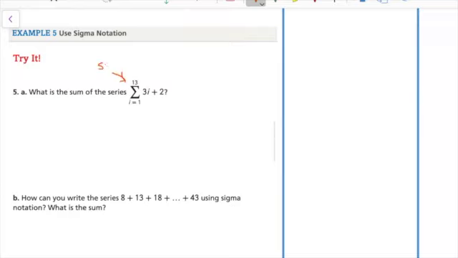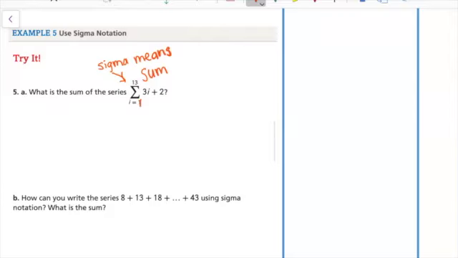Sigma means sum. In fact, some books will call that summation notation instead of sigma notation. Same thing, nothing different. What it is telling you, I'm not actually going to write all this out, but it's